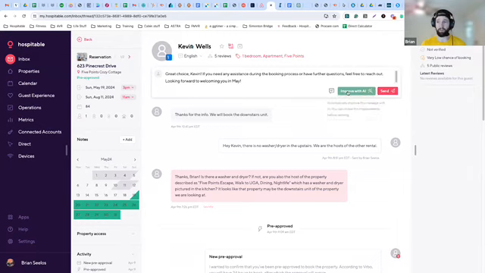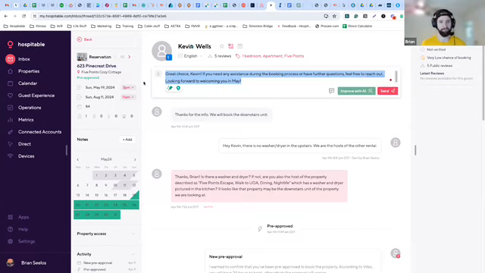I can improve it. If it doesn't make sense, I can click the improve with AI and it'll create a new response for me, just like ChatGPT does. So this is a great way to create messaging really quickly for your guests. You're not doing it manually. It's probably going to sound nicer. This one definitely sounds nicer than what I would have written manually to Kevin. So it's just a great way to create a really nice guest experience, automate as much of it as possible,